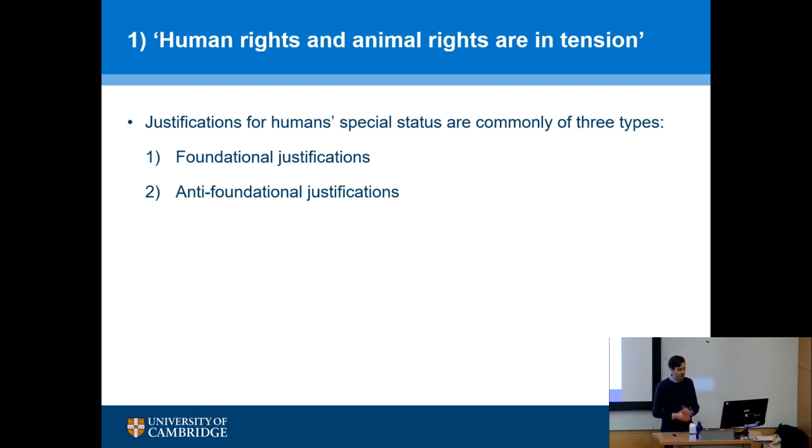Let's just say that humans have human rights. Let's just decide that they should have them. Let's just assume that they have these rights. We don't need to ground it in anything specific. We don't need to pin it down, find a specific empirical feature that explains it. And then lastly, there's what I call here strategic justifications, which basically say, I don't care whether what I'm arguing for is foundational, anti-foundational. I just think there are good strategic reasons for making human rights exclusive to humans.